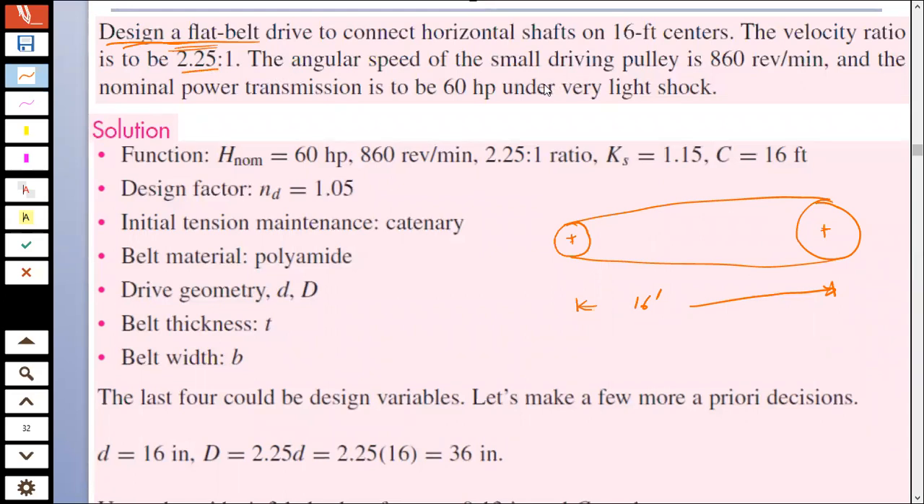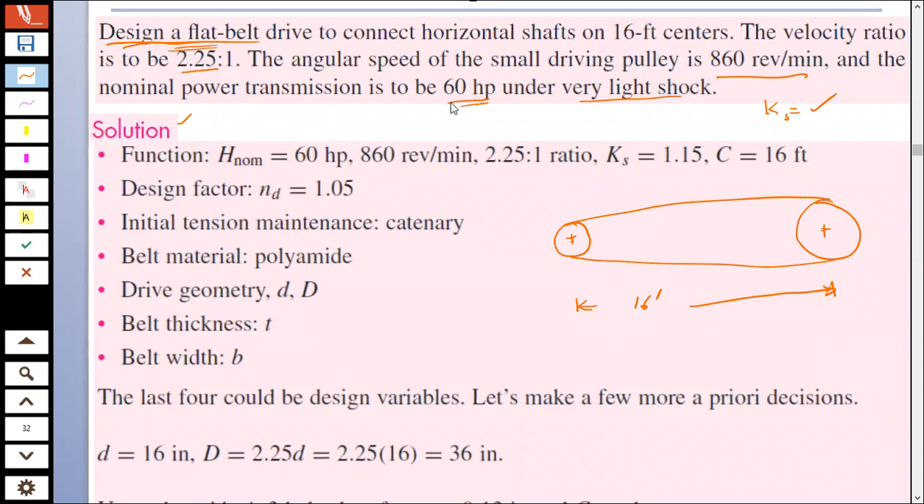The angular speed of the shaft driving the pulley is how much? That is 860 revolutions per minute. The speed is also given to you, and the nominal horsepower transmitted is 60 horsepower. And under very light shocks, you have to put some value for Ks for those light shocks. In this case, first, if you go for the solution,